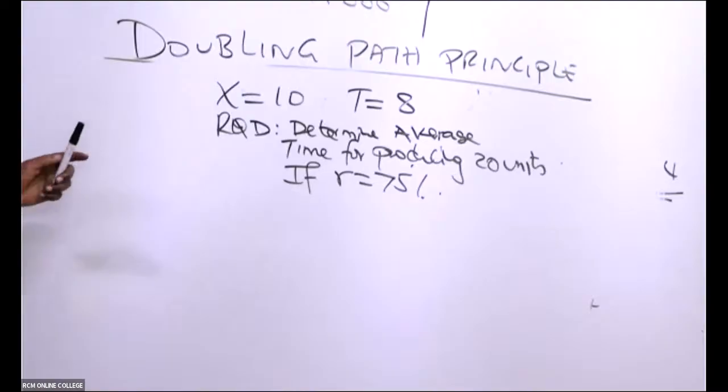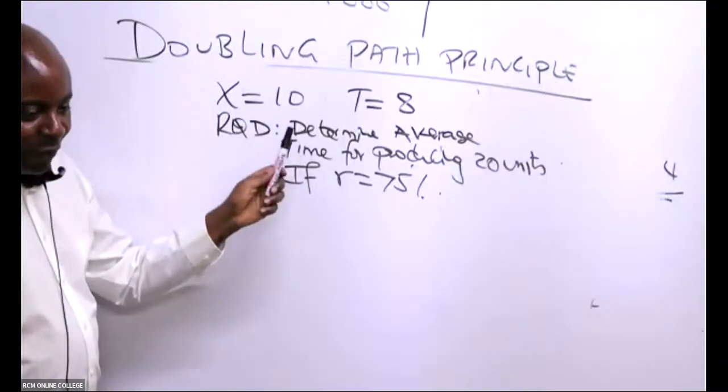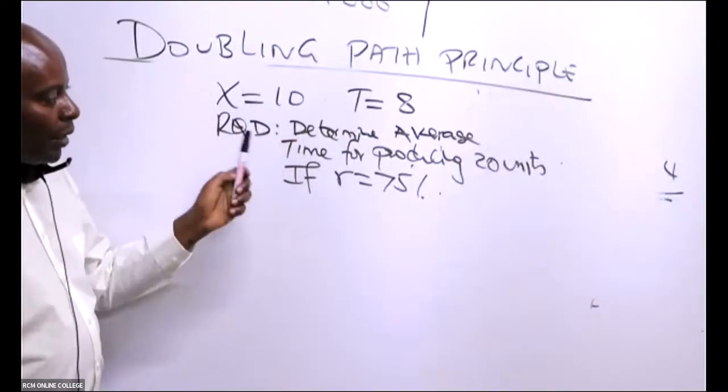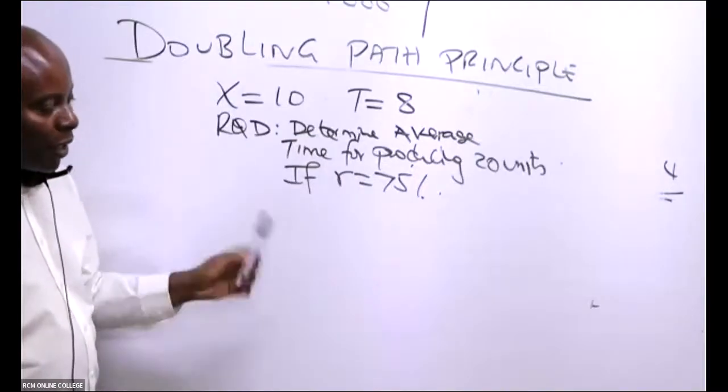So they've given us X of what here? 10. T is the average time for producing these 10. T is 8. Determine the average time for producing 20 units if R is